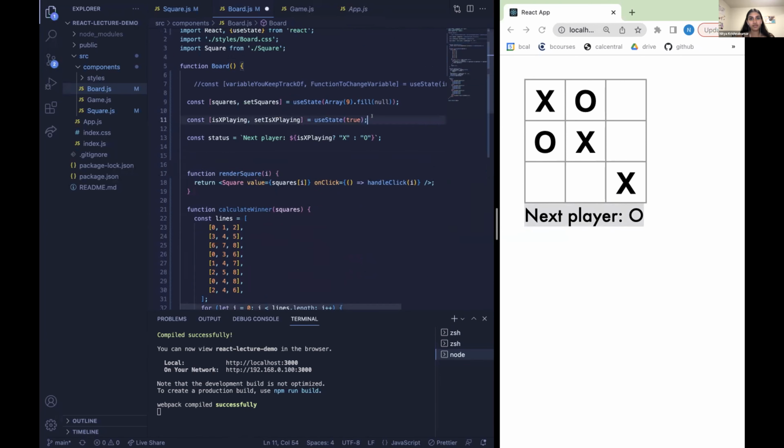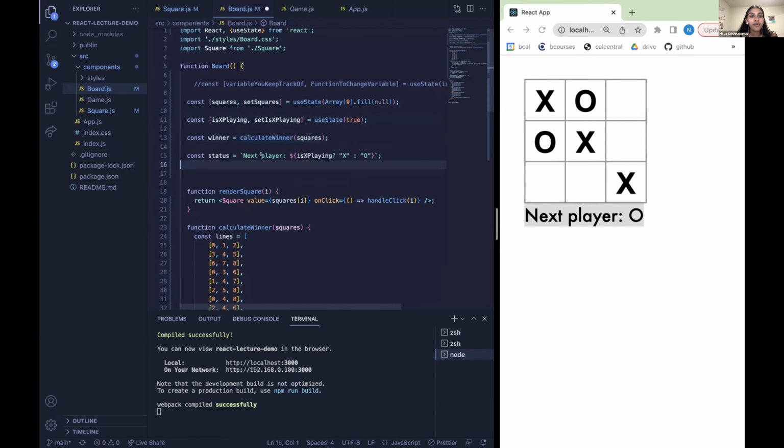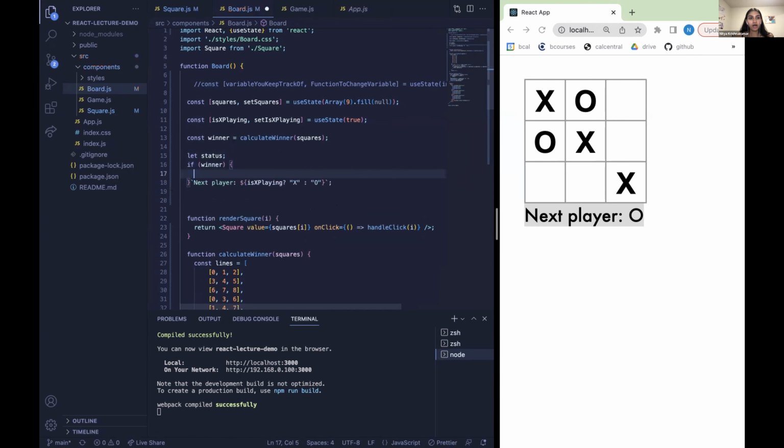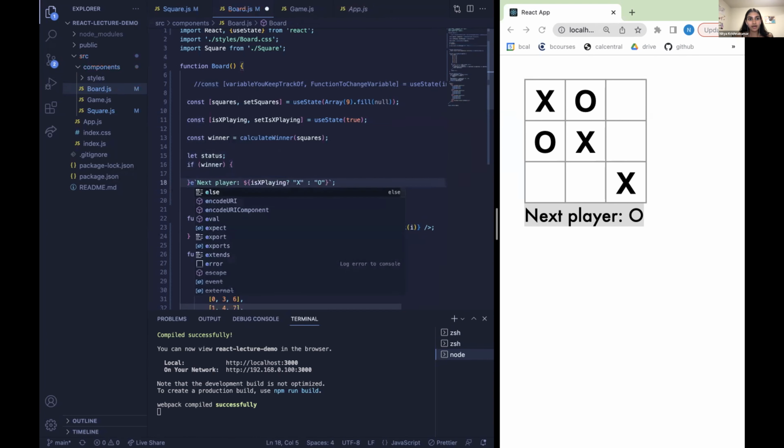First of all, I'm going to put this down here. So right now it's saying next player this. It's going to follow this logic. So I'm going to say there are two different options. Instead of it being a const, I'm going to say let for now and just leave it like that. And then in an if block, if winner is not null, then